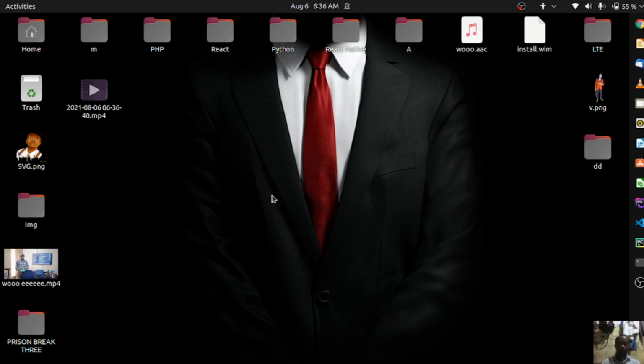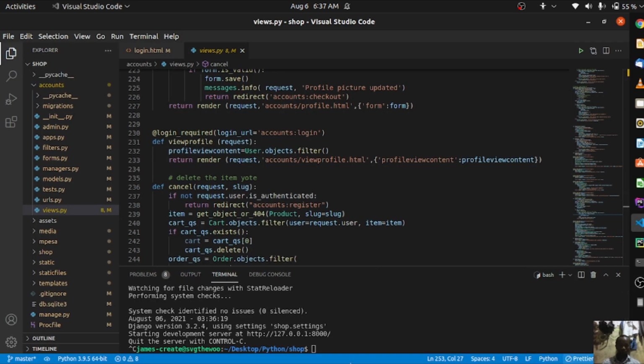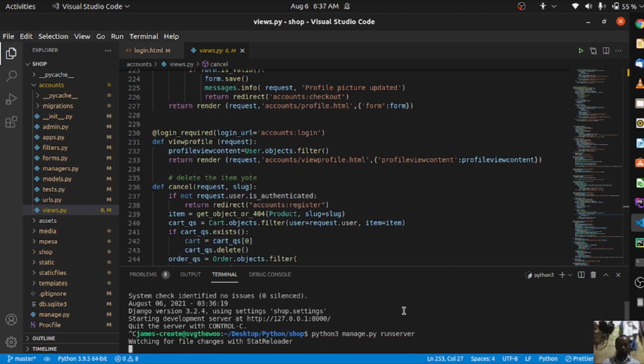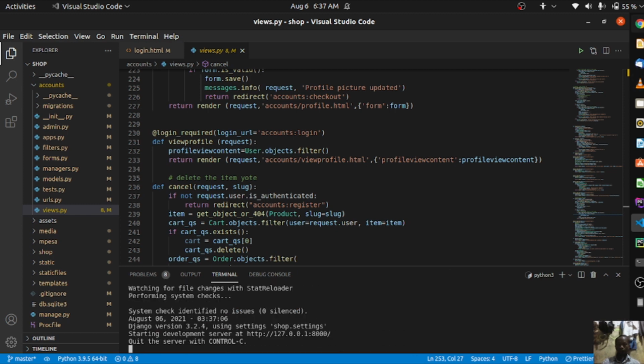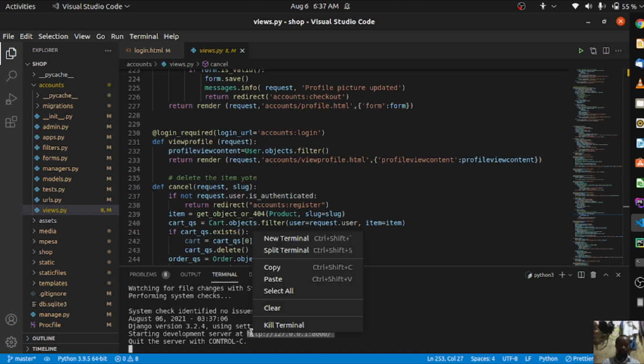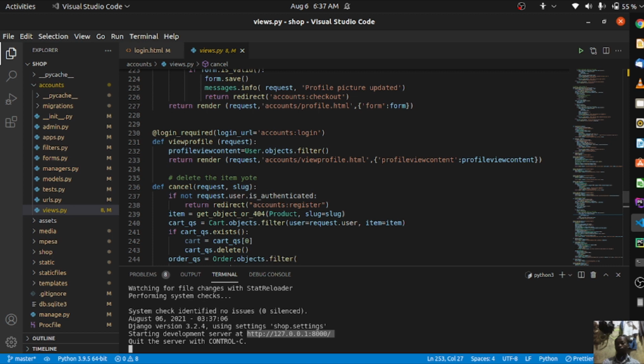So today I have an e-commerce site that I really want to share with you guys. It's developed in Python. So let me start. I'm going to run the server. Just like that. So the server started. So we're just going to copy this and paste it in the browser. Just like that. I'm going to open the browser